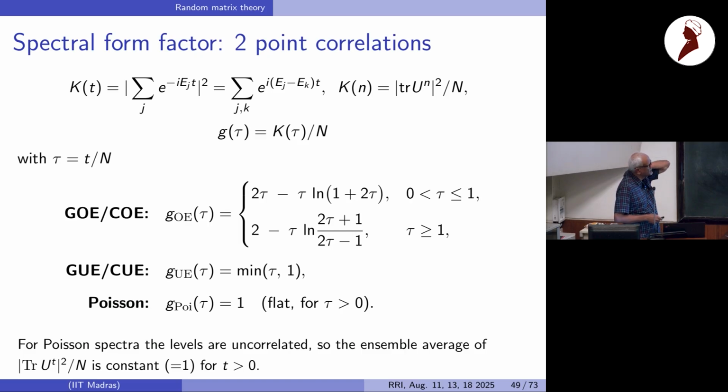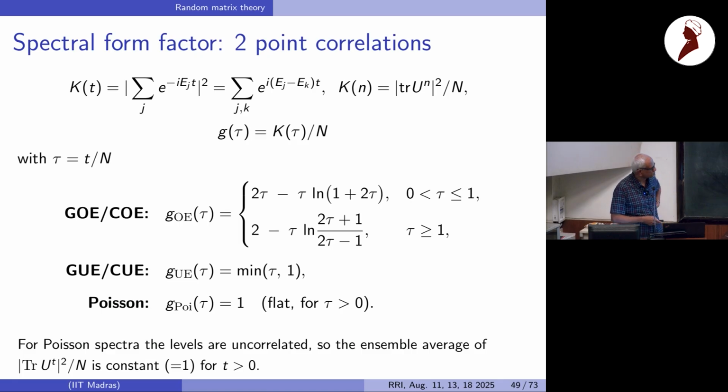So you can take a Fourier transform of this. The Fourier transform gives you a delta function on all Ej minus Ek. It's not directly spacings, because spacings will be only nearest neighbor levels. This gives you the density of all spacings, so you'll have to infer from that. It's not directly giving you only nearest neighbor spacings.